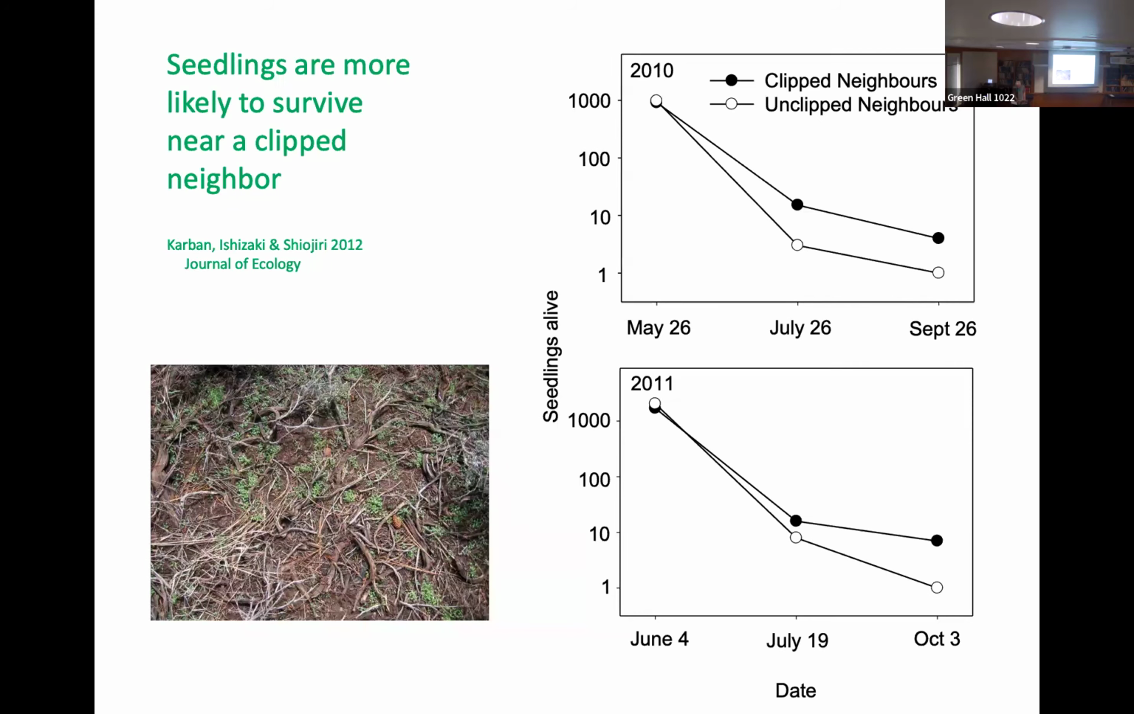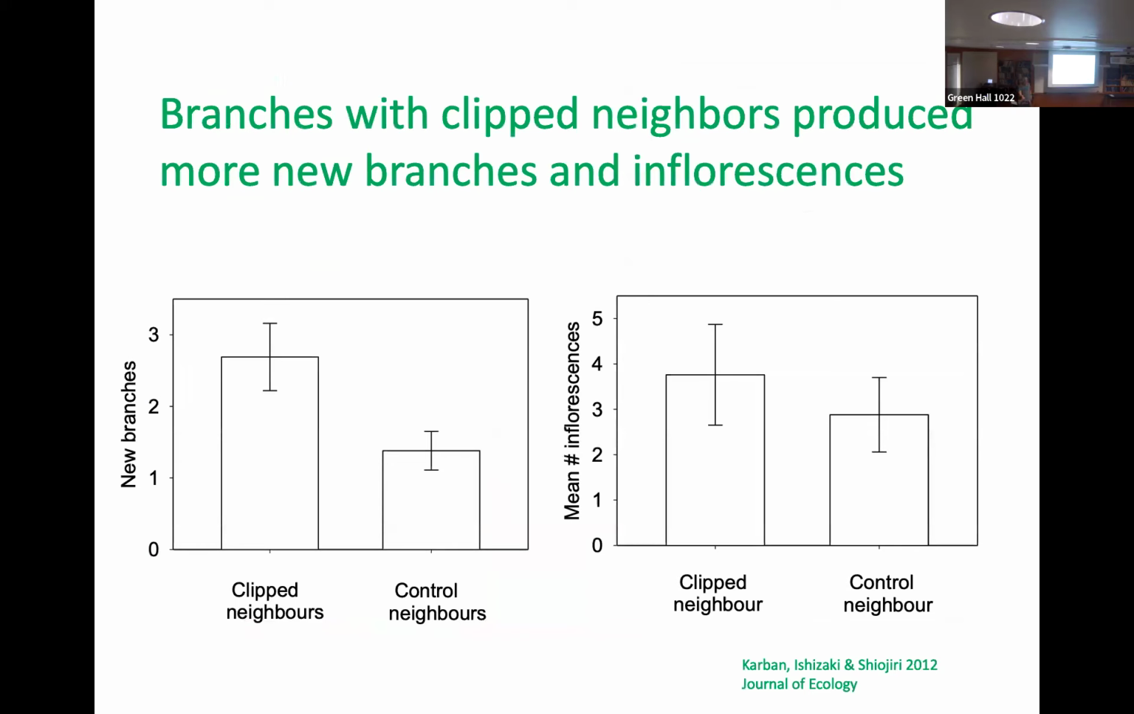When we looked at how well adult plants fared next to clipped or unclipped neighbors, we found that plants that grew next to clipped neighbors produced more new branches and also more inflorescences. These are pretty terrible proxies of fitness, but nonetheless, proxies of fitness are hard to get for a plant like sagebrush. And they suggest that there probably are advantages to being able to eavesdrop on your neighbors,